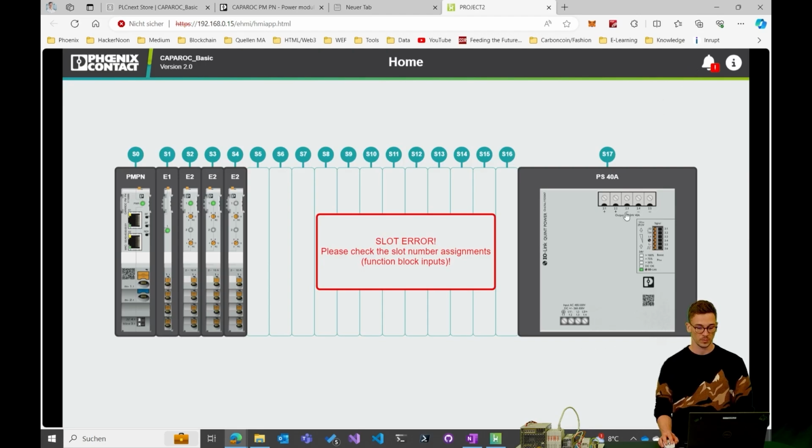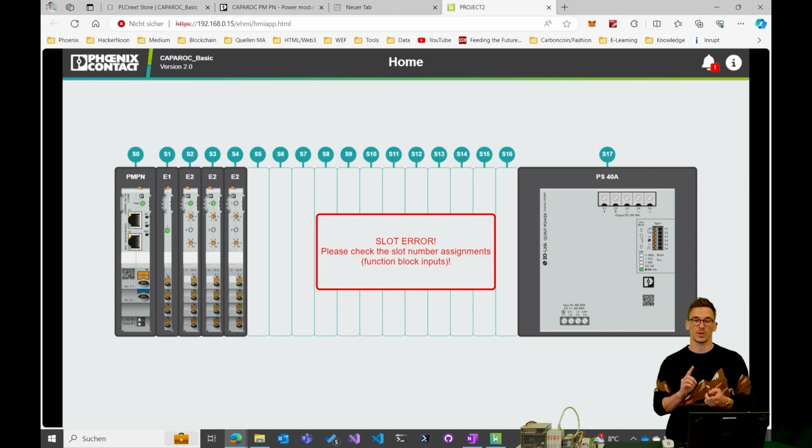And you can easily extend your system here. You don't have to set anything or do any settings in your visualization. Just drag and drop your page templates in your project.